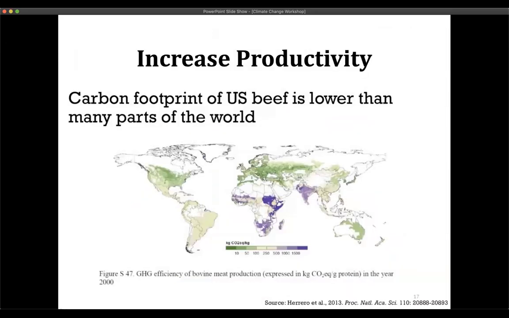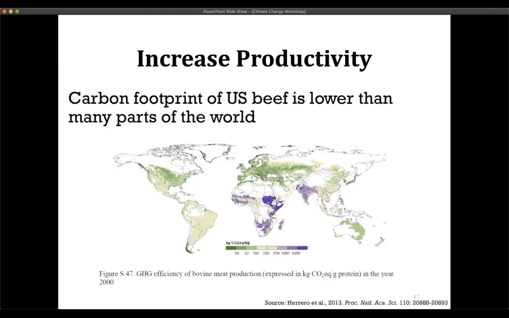This is a map that shows us the carbon footprint of beef across the world. The green is the lower carbon footprint, purple is the highest. The United States is in the green area. And if we look throughout the world, in India and parts of Africa, that's where the carbon footprint is higher. The reason for this is because cattle production in the United States is much more efficient than other parts of the world. For example, I read a statistic that